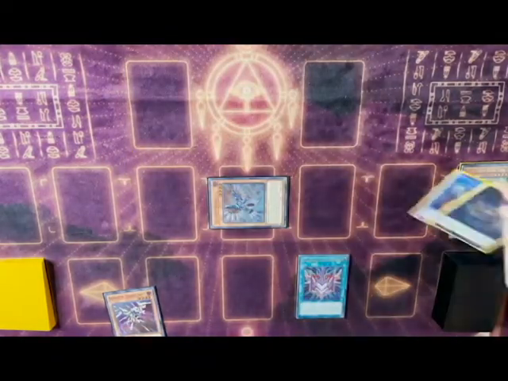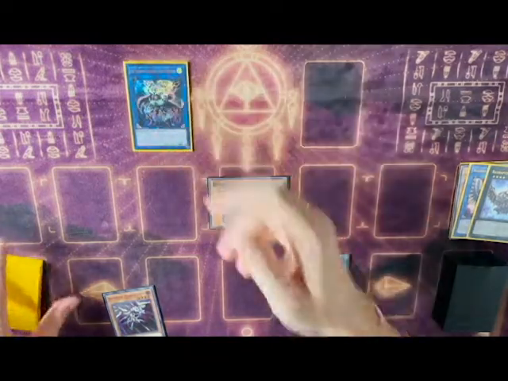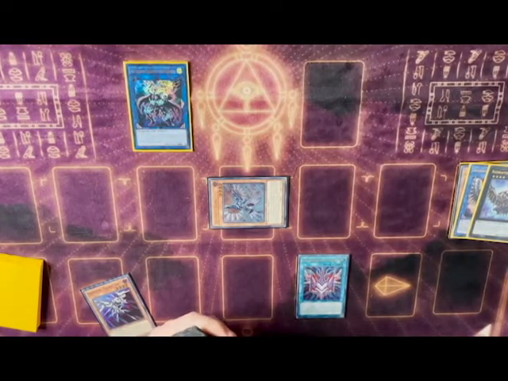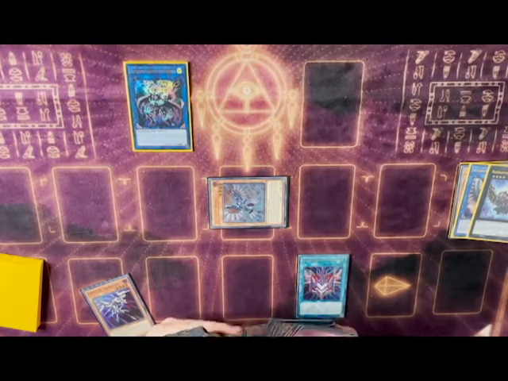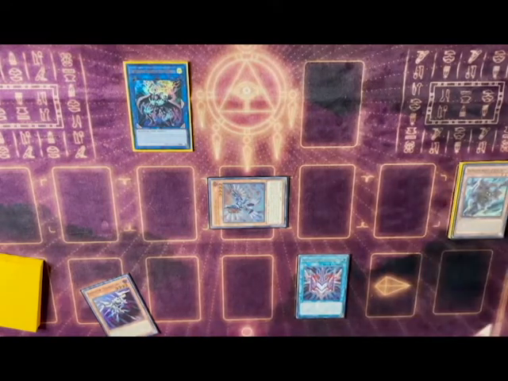So we're going to use these two. We're going to make our Rusty. We're then going to use Rusty's effect, well, not on Summon, but we're going to use his effect to send our Silent Boots, and then we will set a,